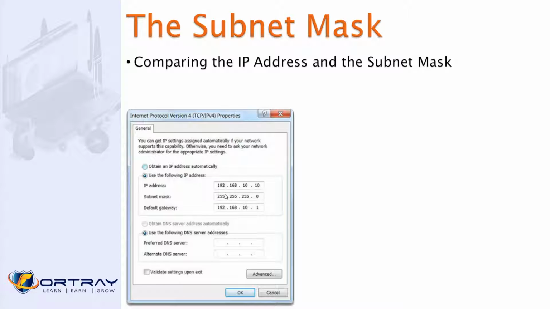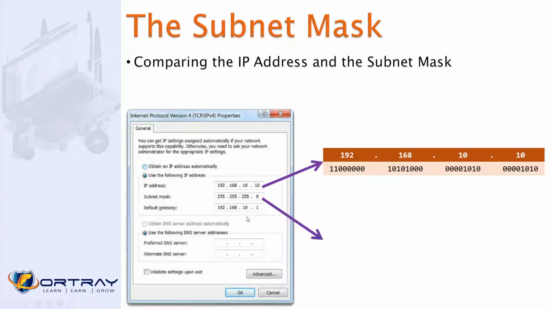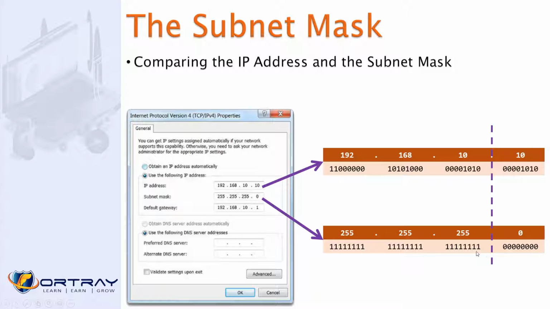The base of the class is class A. The default subnet mask will be 255.0.0.0, because we only know the first octet is fixed for the network portion. And class B is 255.255.0.0, because the first two octets are fixed for the network portion, and similarly class C has just 255.255.255.0.